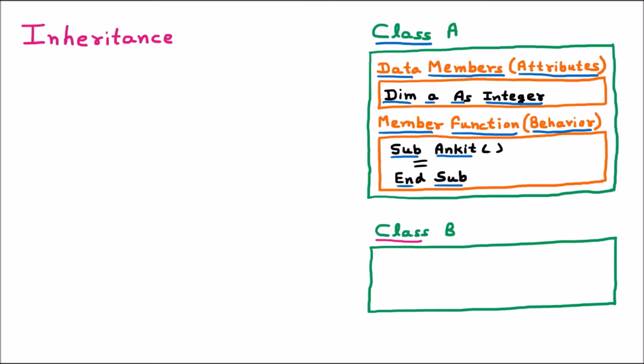Let us suppose we have created one more class. This is class B. Now in this class B, I want that whatever data members and member functions we have declared inside class A should be accessed in class B. That is called inheritance. That means some code which is already present, we are using somewhere else. Or we can say that the code of class A, code meaning the data members and the member functions, we are going to use inside class B. This is called inheritance.